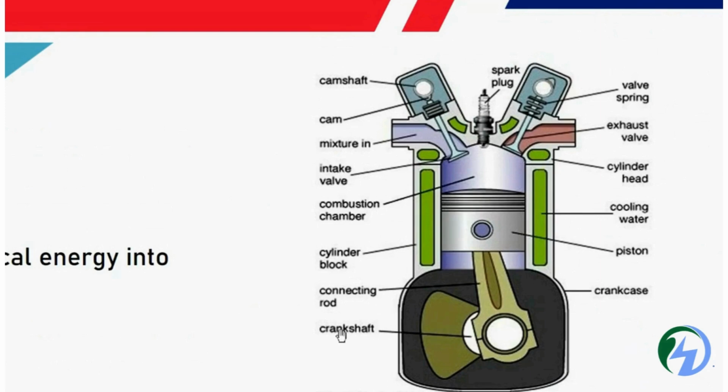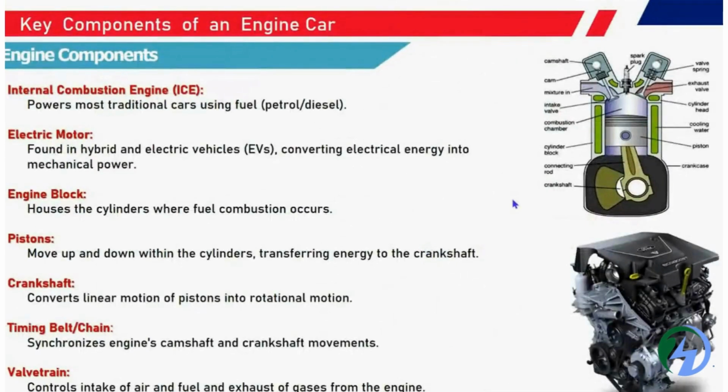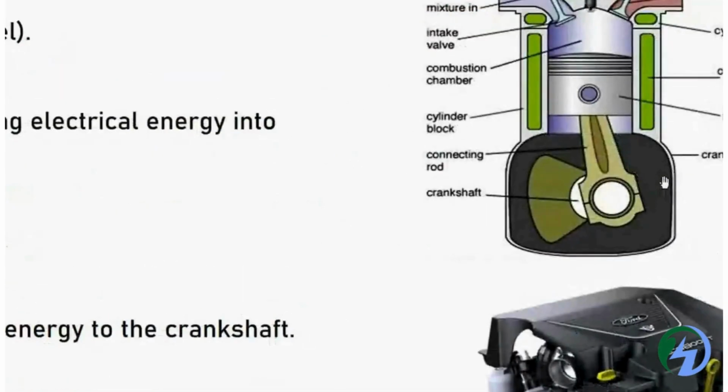Similarly, we have the crankshaft, and the crankshaft and the piston are connected with the connecting rods. This is the combustion chamber, where the intake and exhaust operations play a major role. And next will be part of the oil